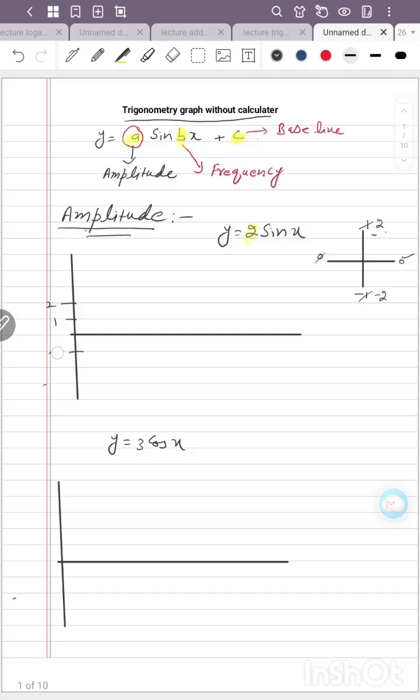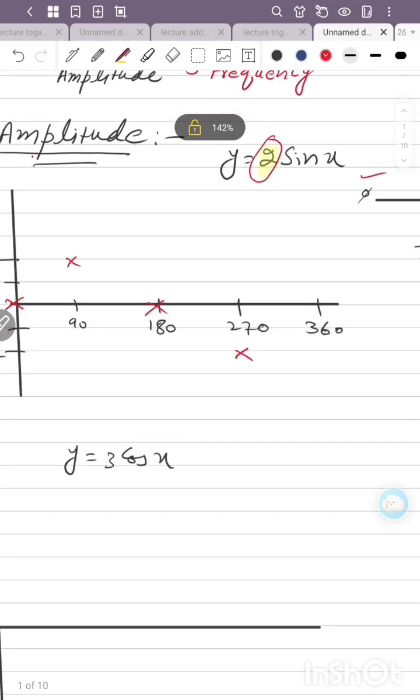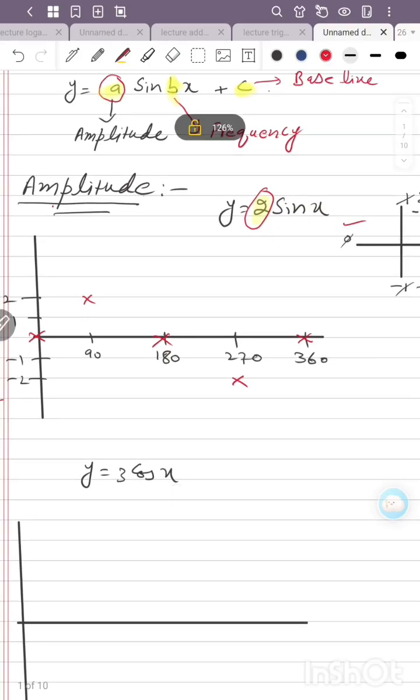ये हमारे पास वैल्यू क्या है, 1, 2, इसी तरीके से -1 और -2। अच्छा, यहाँ पर हम एंगल ड्रॉ करेंगे 90, 180, 90 का गैप देने से 270 और 360। अब पहली वैल्यू sin 0 पे क्या थी, 0। sin 0 पे 0 वैल्यू पुट कर लें। अब देखें sin 90 पे आंसर क्या आ रहा है बेटा, ये 2, क्योंकि 2 एम्पलीट्यूड था ना आपके पास, तो 2 से मल्टीप्लाई करेंगे। इसी तरीके से sin 180 पे 0, sin 270 पे -2, और sin 360 पे 0। अब हम ग्राफ इसका ड्रॉ करेंगे।